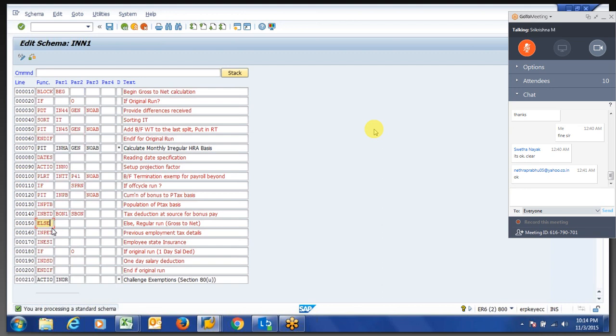You try doing that, it will work. Nothing to write for off-cycle. For India payroll, you should take care of the tax deduction part. If you are not taking care, no issues. It will be as usual, the tax calculation for the entire financial year.